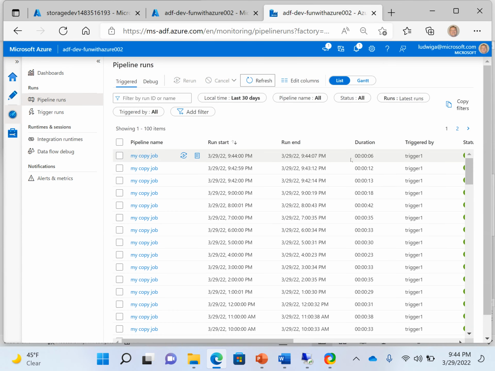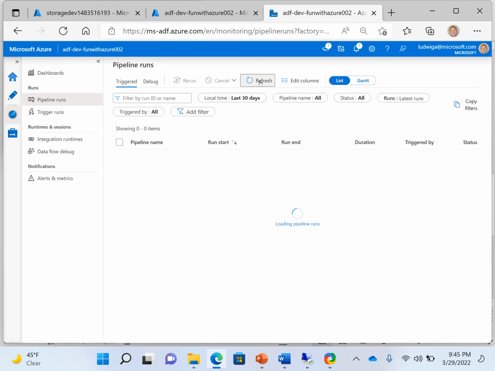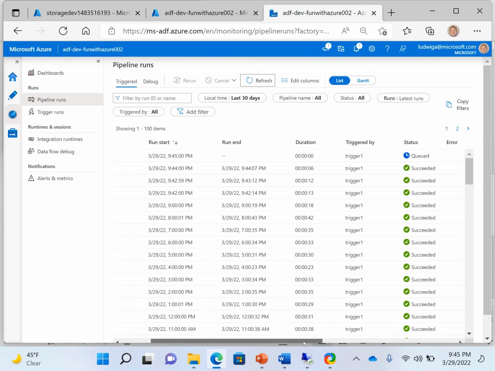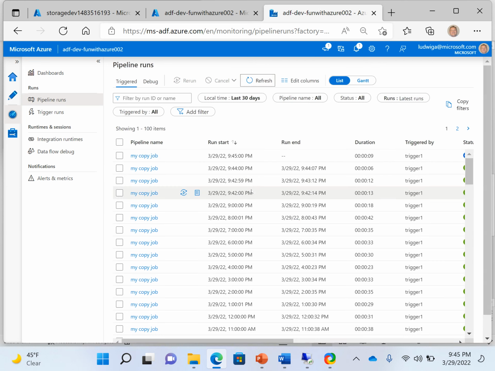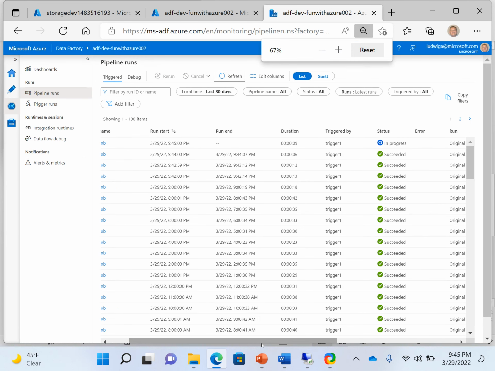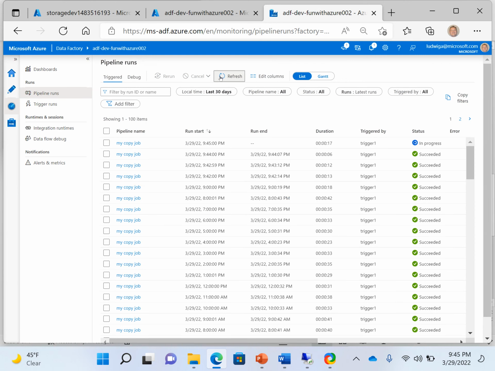Okay, still basically waiting for execution. Refresh. So now it's kicking in. That should be done really soon. And once this is done, let me increase this window a bit, and we don't need to scroll to the right. So now in progress, still in progress. So once that changes to